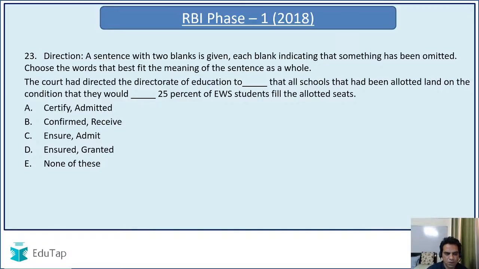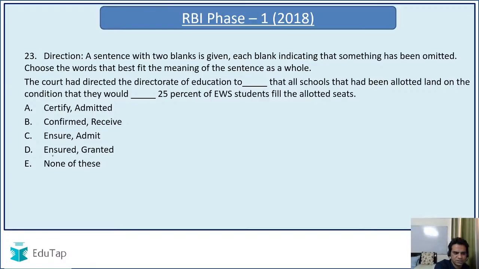Similar pattern. One sentence, two blanks. Let's read it out, guys. The court had directed the Directorate of Education to dash that all schools that had been allotted land on the condition that they would dash 25% of EWS student, economic weaker section students, fill the allotted seats. So the court had directed the Directorate of Education to certify, to confirmed, to ensure, to ensured, or none of